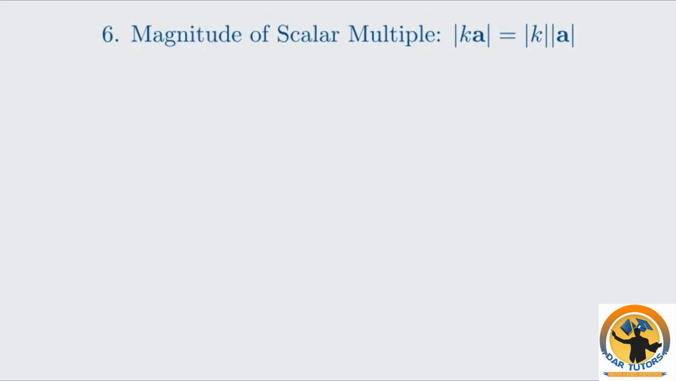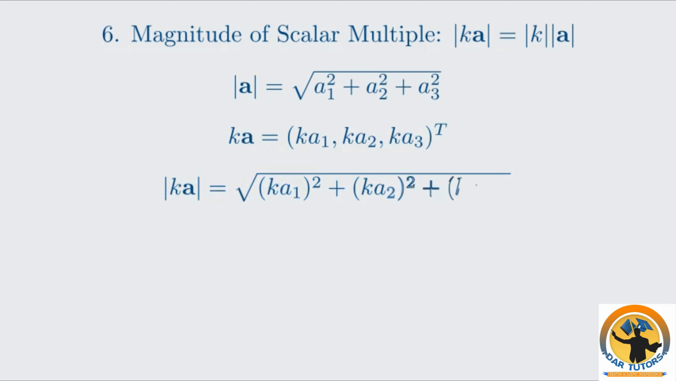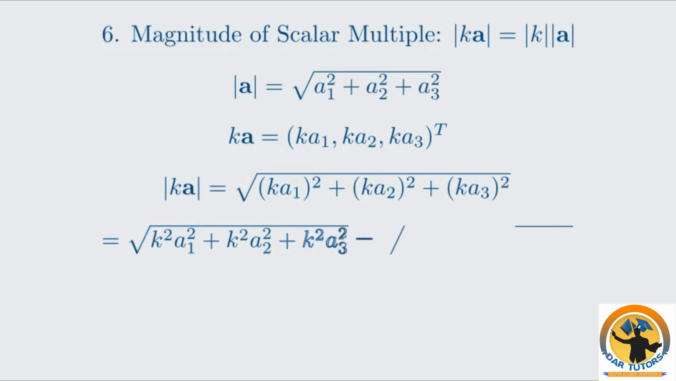The magnitude of vector a is the square root of the sum of the squares of its components. The vector k a is k a1, k a2, k a3. So the magnitude of k a is the square root of k a1 squared plus k a2 squared plus k a3 squared. This simplifies to the square root of k squared times a1 squared plus a2 squared plus a3